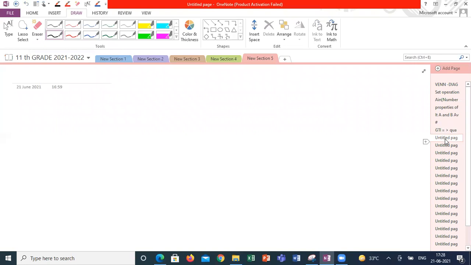Suppose two lines are intersecting. The meaning of this is both lines are meeting at one point. That point is called the point of intersection, which is common to both lines. Or if three lines are passing through one point, this is called the point of concurrency. That point is common to each and every line. L1, L2, L3 are three lines. This is the point O, which is common to all three lines. That means this point lies on line 1, on line 2, and on line 3.